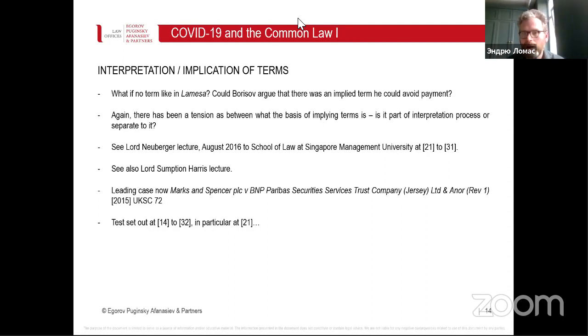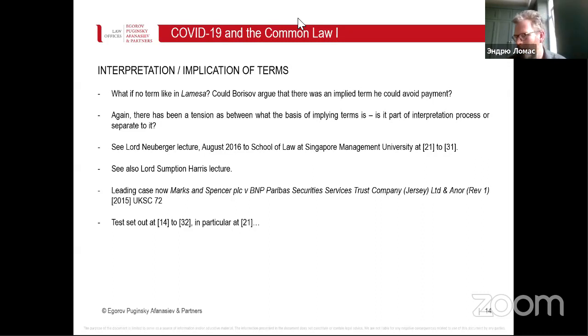Where we get to, ultimately, is the recent judgment of the Supreme Court in a case called Marks and Spencer and BNP Paribas. And in that case, Lord Neuberger makes many of the same points that he makes in his lecture. But he tries to, again, reformulate the law and go back to this more orthodox view that implication is a separate exercise from interpretation. And again, I'm not going to read this out verbatim because paragraphs 14 to 32 are quite a long part of the judgment. But it's useful to note briefly